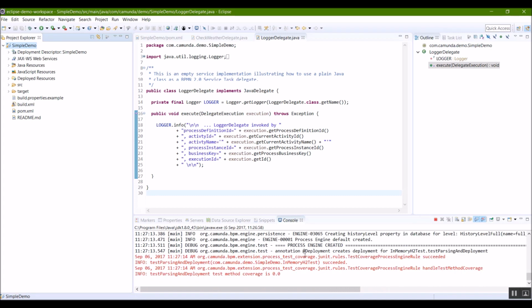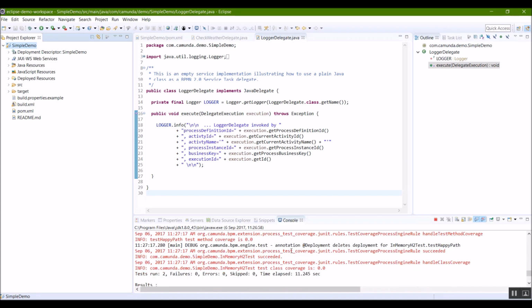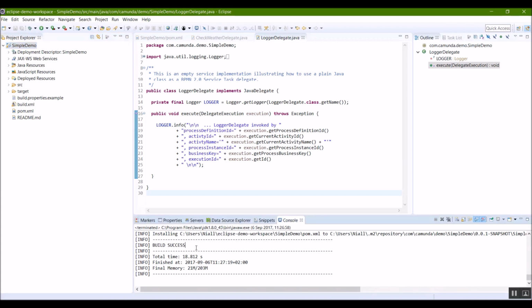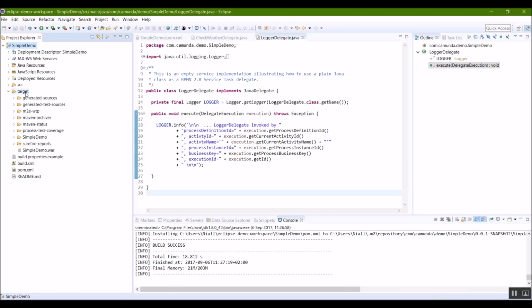And eventually it will start the engine up, run some tests on it. The red stuff is fine, don't worry about it. And eventually we have a build success. So what that build success means is if we open up the target folder, it may require a refresh. We should see that simpledemo.war has been created, and this is actually where